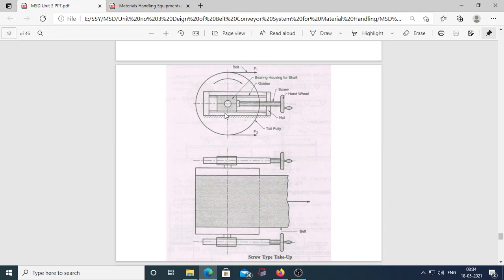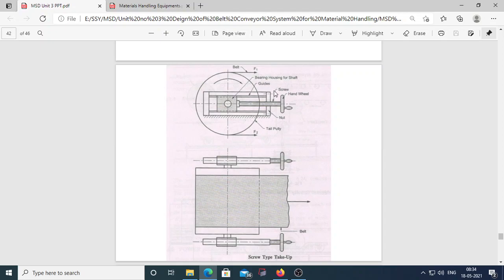Okay, this screw type take-up is compact in arrangement, right? Such take-ups require careful attention while carrying out adjustment so as to avoid excessive tension in the belt. If there is excessive tension, then you have to take care of this. Hence screw type take-ups are used only for short lengths. If the conveyor length is very short, then you have to choose the screw type of take-up device. Okay, all of you getting?